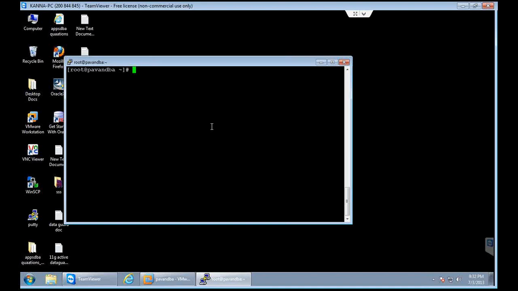So then, let us go and see the next command. If you want to know which user you connected as, we are going to use the command whoami. This command is going to show you which user you connected to the Linux operating system as. Here we connected as root user, so that's the reason it is showing root.